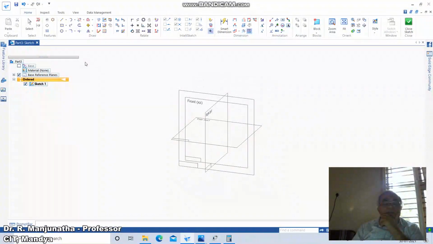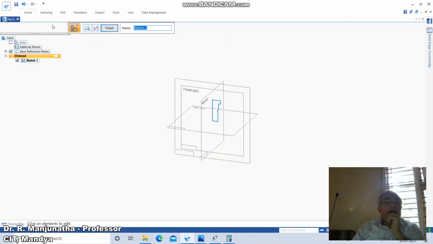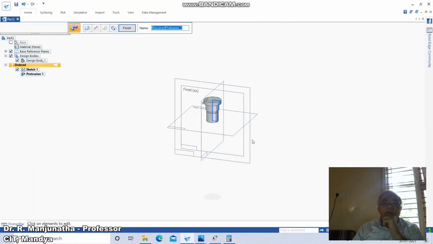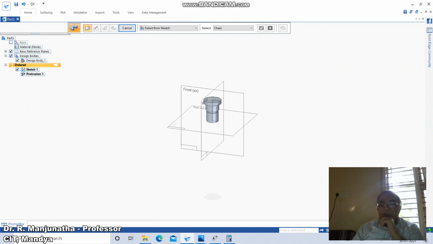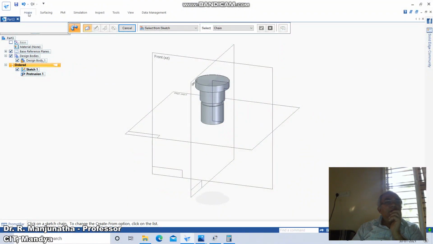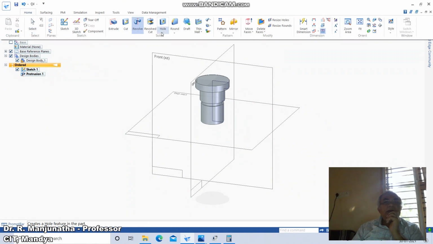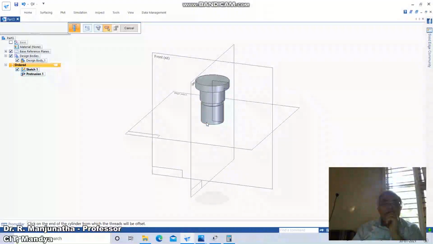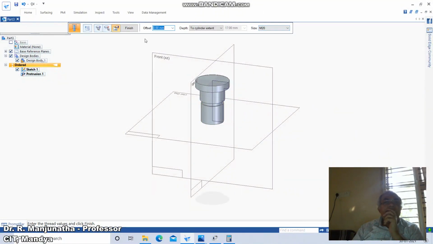Go to close sketch. So then click on home, click on revolve protrusion, select from sketch, accept this, select this axis and revolve it through 360 degrees. So once you get this, now you just click on finish, then come down to fit. So again you just go to home, click on thread, click on OK, click on the cylinder for thread. You just click on this, click on the end of the cylinder, the thread will be offset M20 and go to finish. So you're going to get the thread.